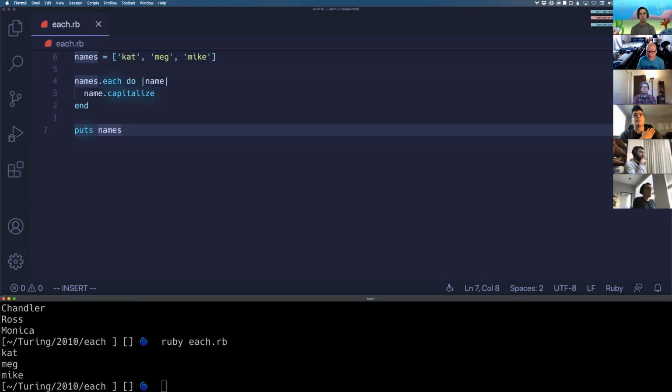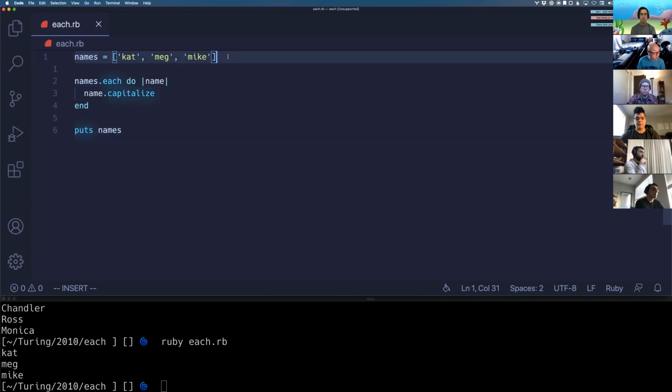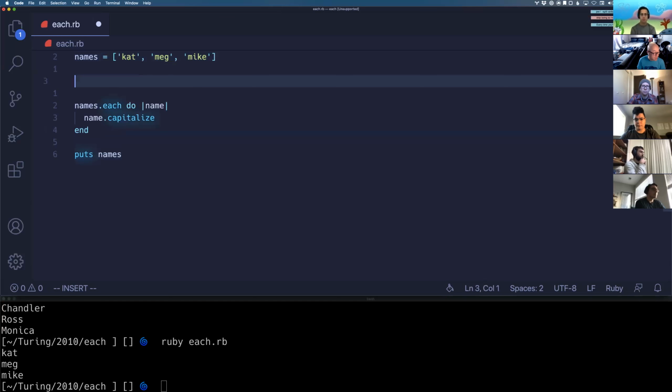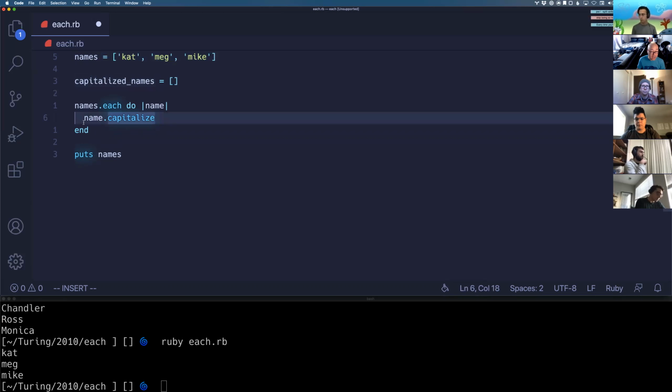If we want to save the capitalization here, we need to create a place to save it. And we call this using an accumulator. So what I'm going to do, capitalized names equals empty array. And what I'm going to do is in here,